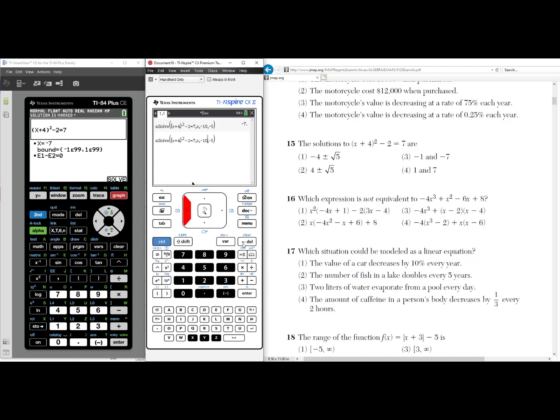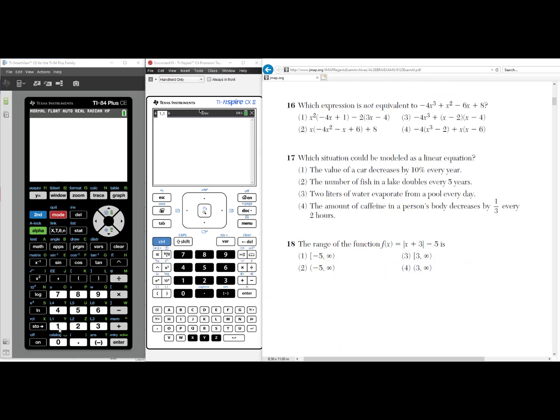Change your domain. I'll put -5 to 0. And I see the other solution is -1. Again, answer 3. For question 16, which expression is not equivalent to -4 x cubed plus x squared minus 6x